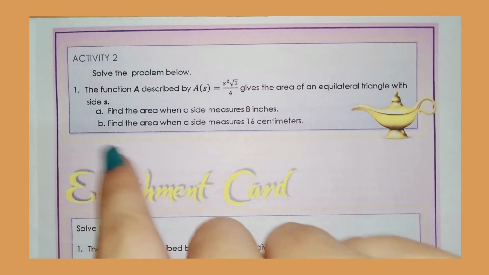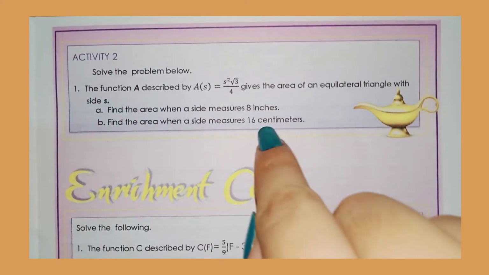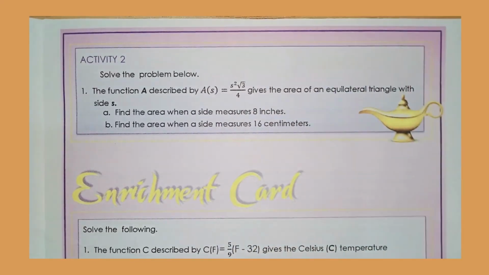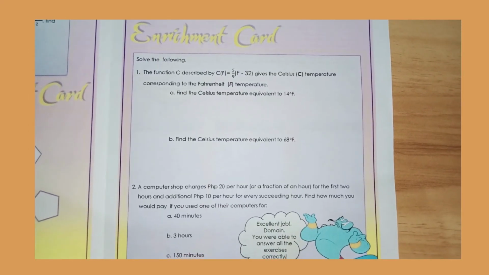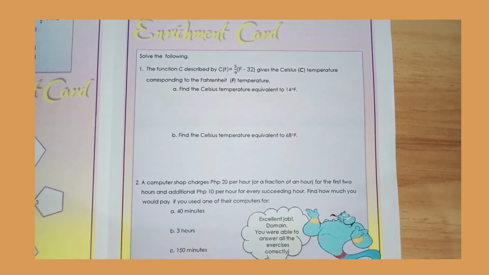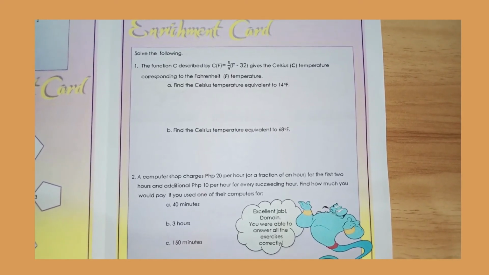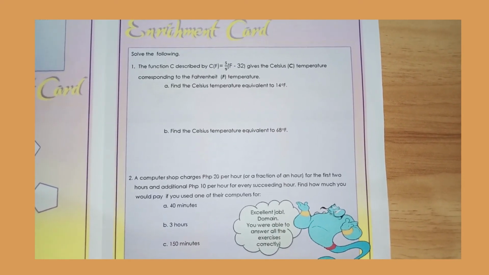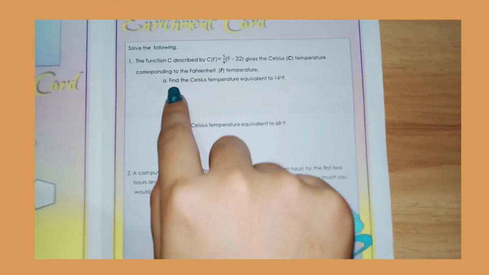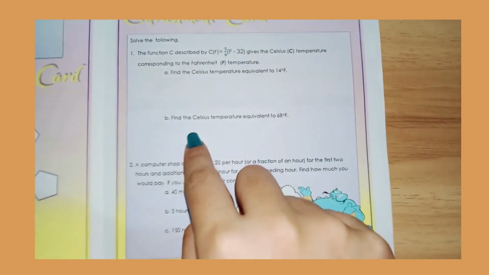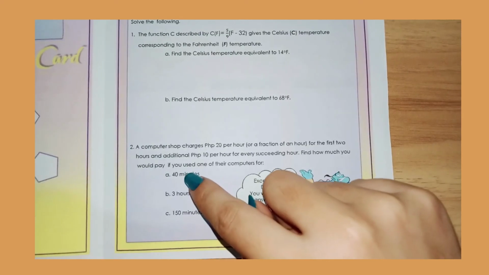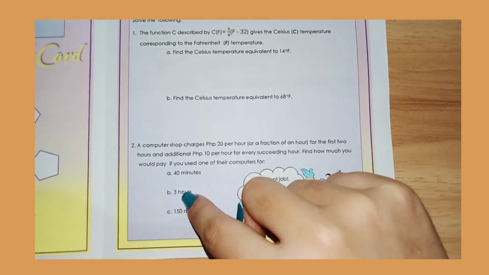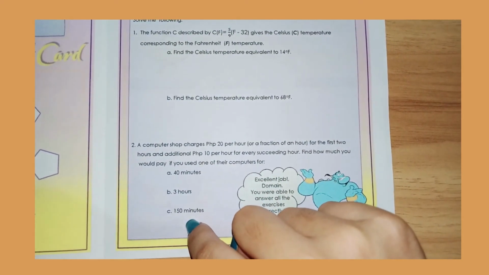For letter B, yung S papalitan ng 16. For enrichment card, you need to copy all the given problems and then show your solution. For letter A, you have one solution for B, and same with number 2, one solution for A, one solution for B, and another solution for letter